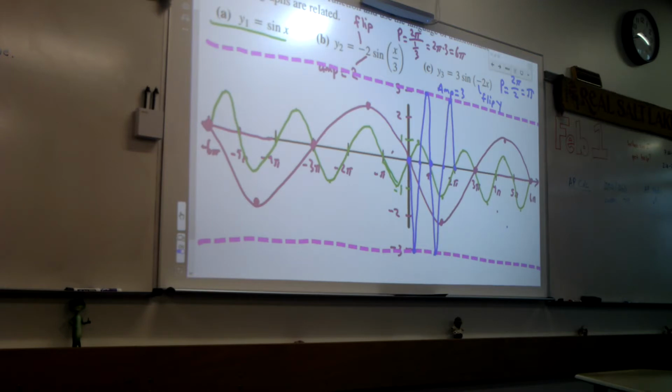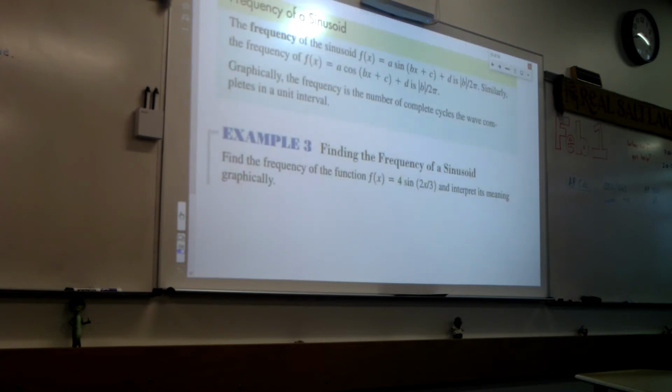Okay, now if you're like, if this is too sloppy, could you just go on Desmos and put this in? Yeah, and it would be great, okay? We actually don't have too much time for that, so let's just keep on rolling here. Before I do, do you have any questions on this? Is this making sense as far as vertical stretch, horizontal stretch? Okay, awesome. The next thing we're going to talk about, which is actually not too hard, okay, is